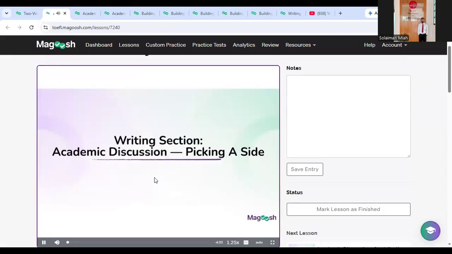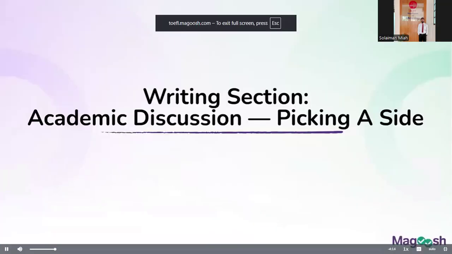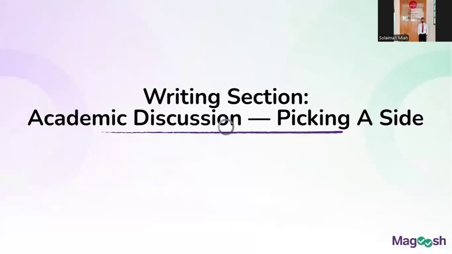A question that comes up frequently for the academic discussion task is whether you should choose only one side of the professor's question versus arguing for both sides. This is a good question because in real life, both sides of the argument are probably valid, and you may see some ambiguity or gray area rather than a clear right answer. However, what I want to suggest in this video is that, for the purpose of this TOEFL writing task, it is much more helpful to choose one side